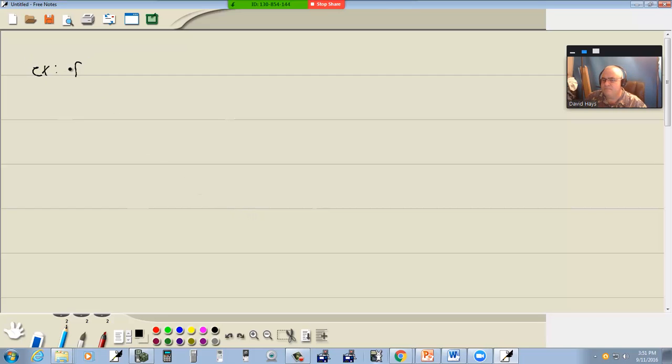For example, if I have f of x is equal to 3 to the x. Now what makes this an exponential function? Of course it's a function, but what makes it an exponential function is we've got a variable in the exponent. Now to graph this,